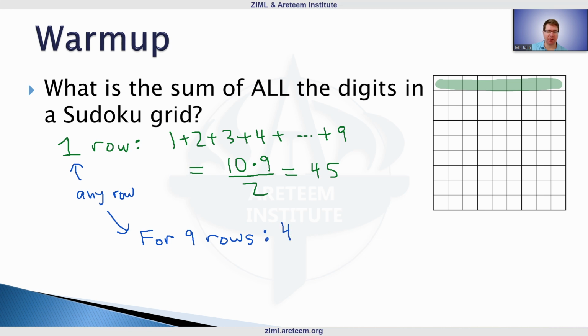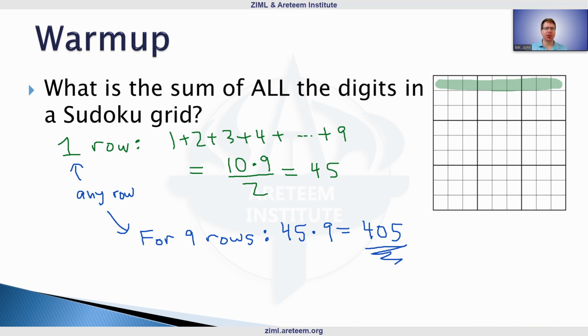So we have 45 times 9, 450 minus 45. So this is going to be 405 in that scenario as well. So for the 9 rows, this is the total sum of all of the digits that show up in that Sudoku grid. Now, that is going to be relevant in some of the stuff I ask you to do later,